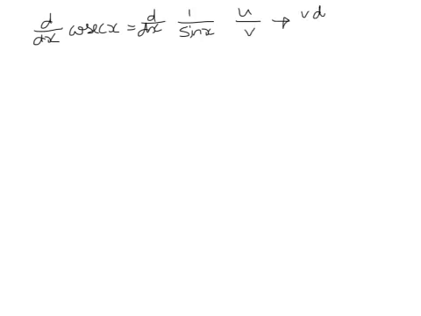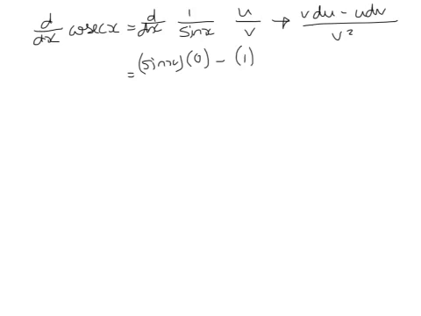Okay, cosec x, we'll do it again, both ways. Derivative of cosec x is the derivative of 1 over sine x. I'm going to use the quotient rule first. U over v differentiates to v du minus u dv over v squared. So we get v, sine x, times the derivative of 1, which is 0, minus 1 times the derivative of sine x, which is cos x,